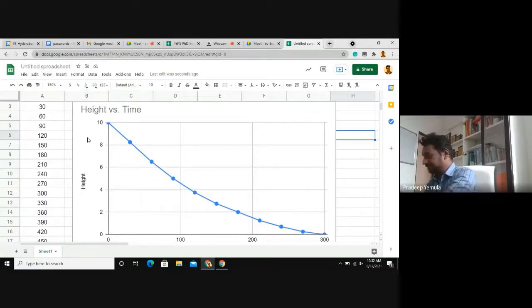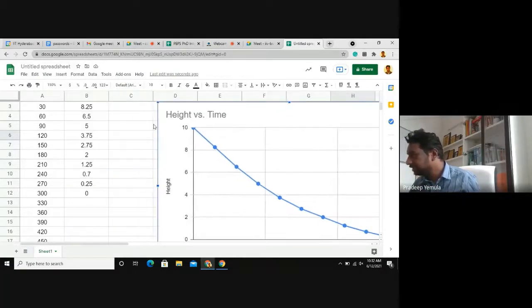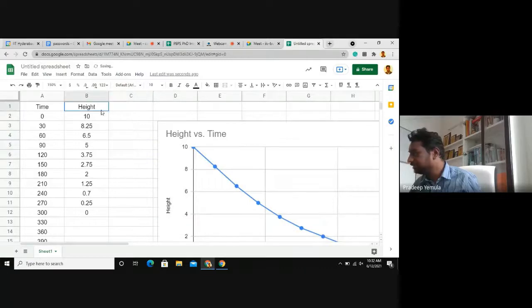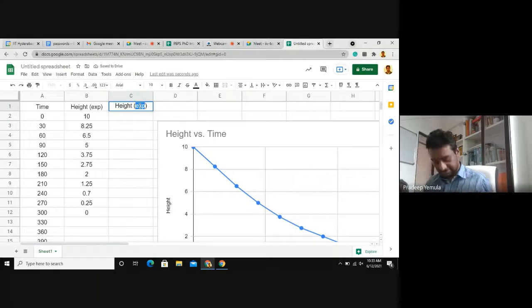So let me, otherwise I'll just write it here. So I move it like this, and then I go to the top, and then this one is experimental. So I'll write exp, and then for height I give a formula that is calculated, CALC.